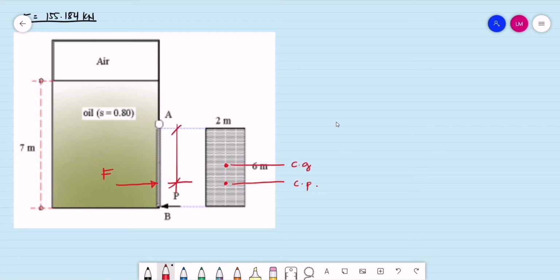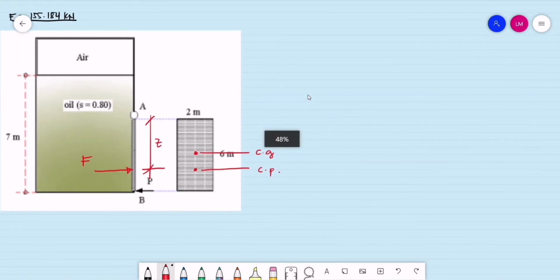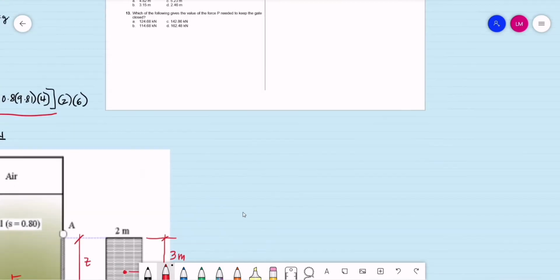So let's say from point A to the center of pressure, that is Z. So how do we compute for the value of Z? Okay, alam natin na from the upper part of the gate papunta sa center of gravity, mid-height yon, kalahati ng 6, so that will be 3 meters. So ang kailangan lang natin dito is yung eccentricity. So from A,